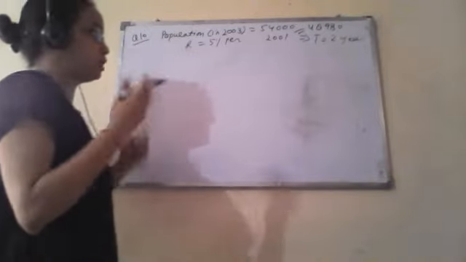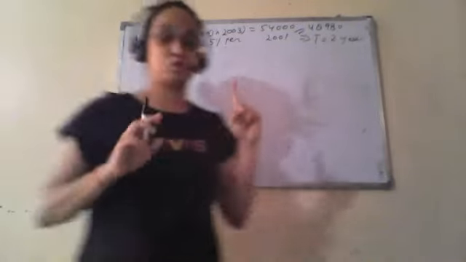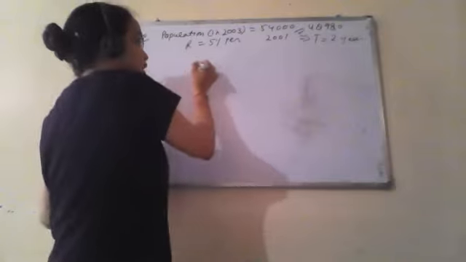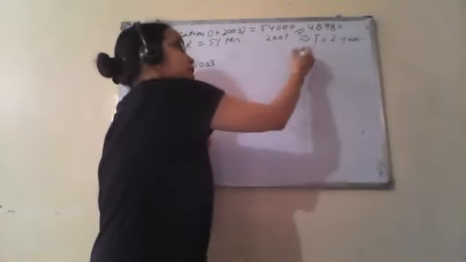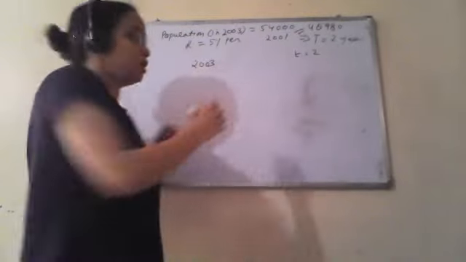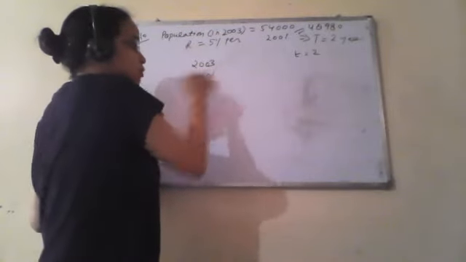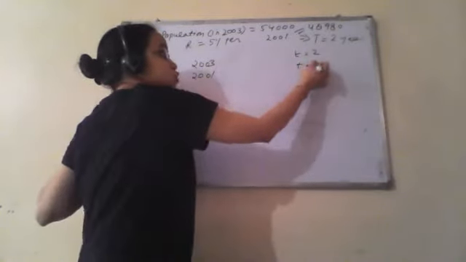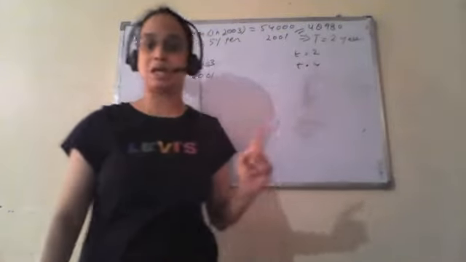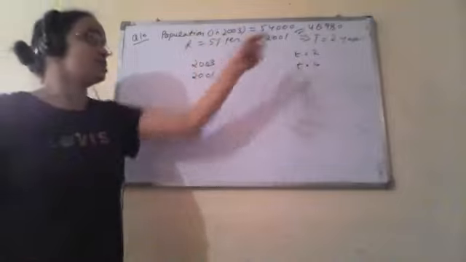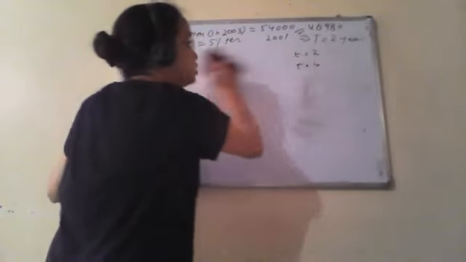So we have to calculate the population in 2005 also. There is one case: either we can calculate from 2003, in which case we take t equals 2, or from 2001, in which case we take t equals 4. It will be better to take it from 2003. In both cases the answer will be the same, but it is easier to calculate with n equals 2.